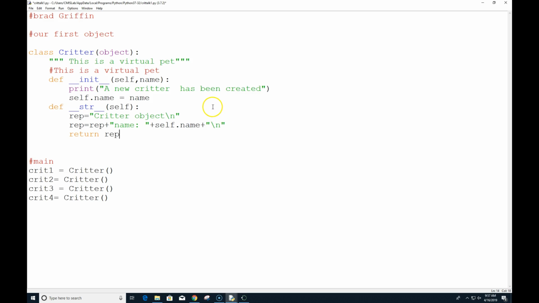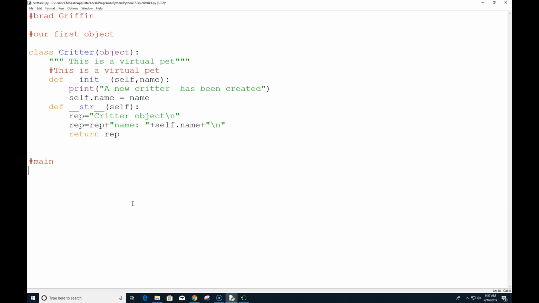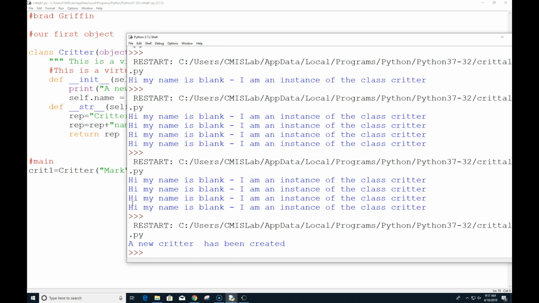So let's do a little bit of experimenting with this. So I'm going to get rid of my main right now temporarily. And we're going to call crit1 equals critter. And we're going to pass it in a name. And so if I run this now, save it.